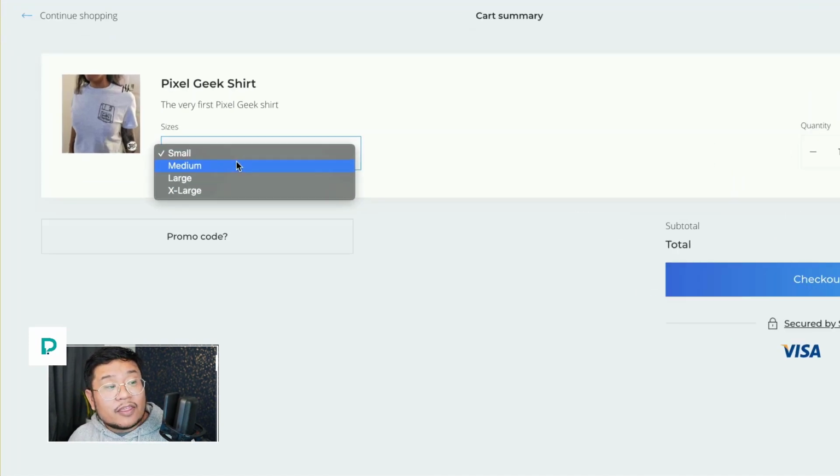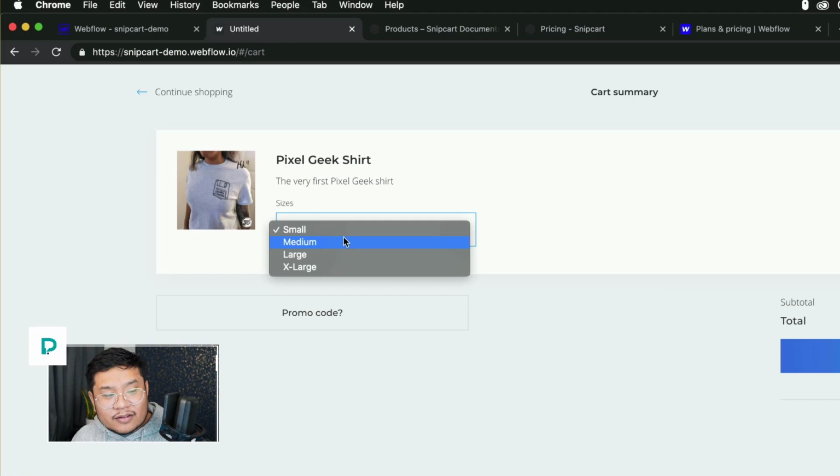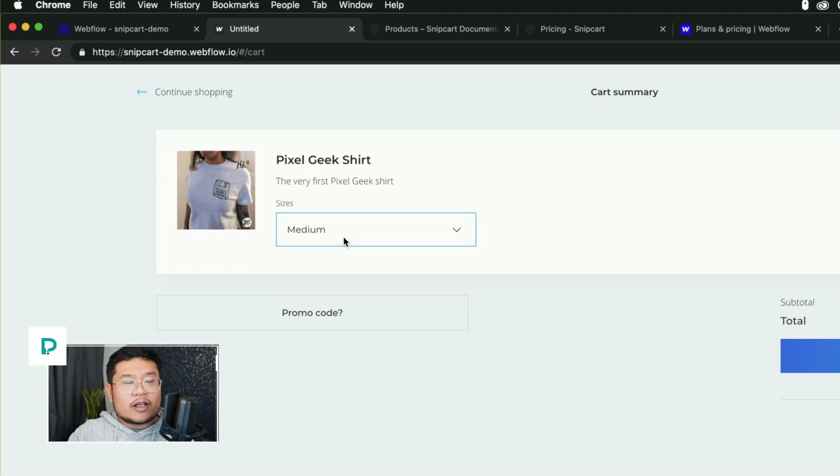Now, the thing about these variants compared to Webflow e-commerce is that when the user changes the variant in the dropdown, the image doesn't change. So we cannot set an image for different variants.